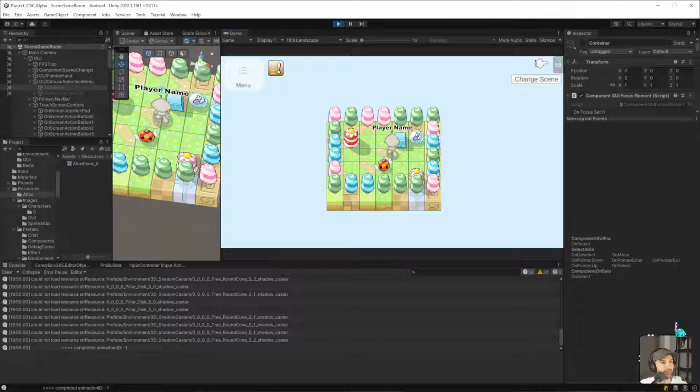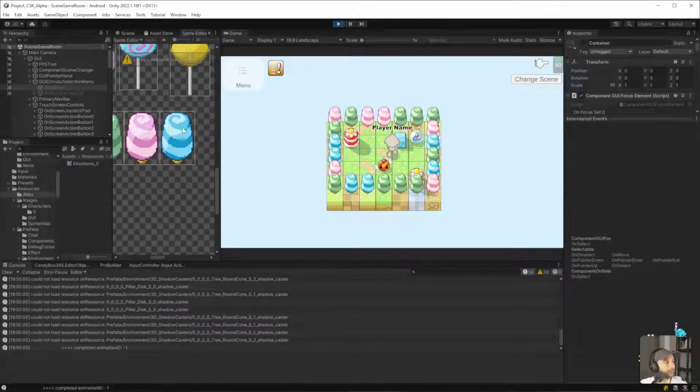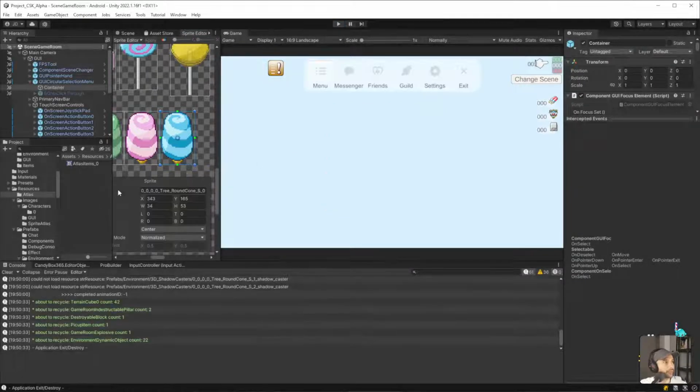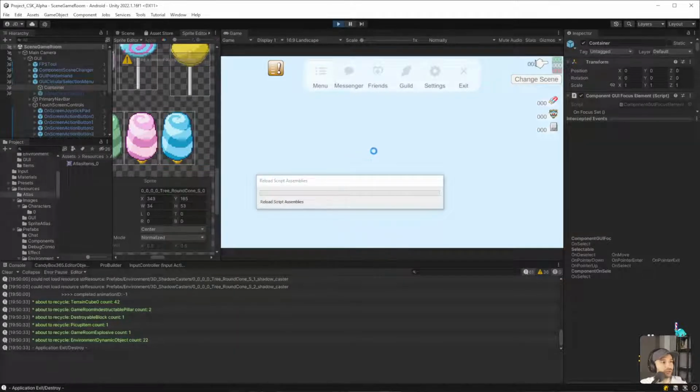So it should have been a variation 0. Variation 0 was, oh, I can't select anything. Variation 0 was the blue one. So the blue ones should have been casting a shadow.